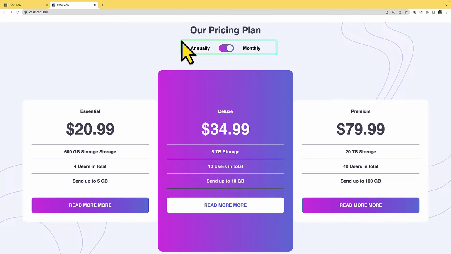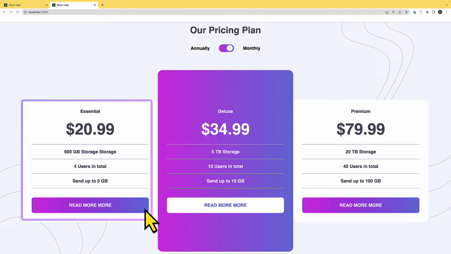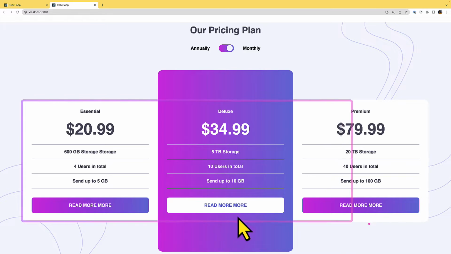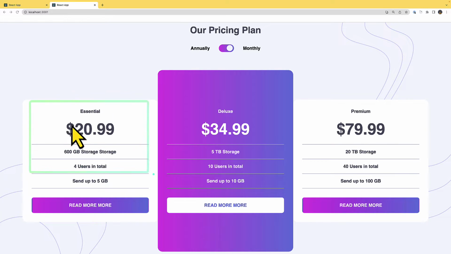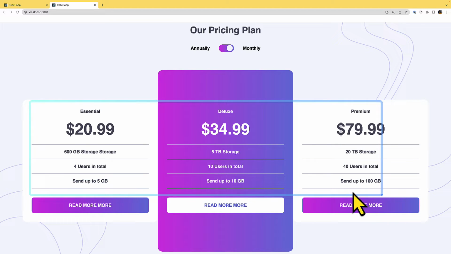We are going to have one state, and this state will determine whether the user is selecting annual or monthly. And over here, we are going to have one component called card. Then we are going to display the component 3 times. For these 3 cards, the difference is the data being passed to the component, and we are going to pass